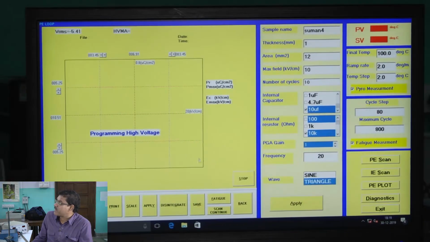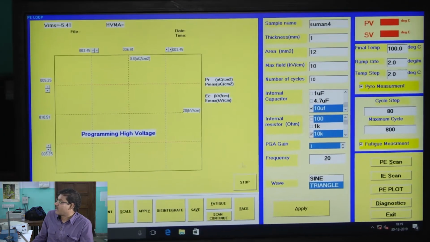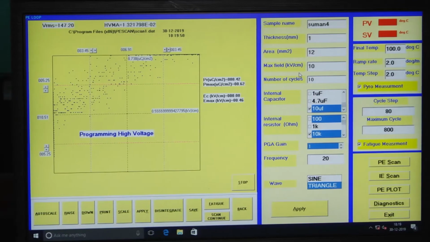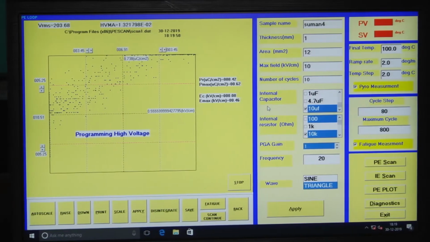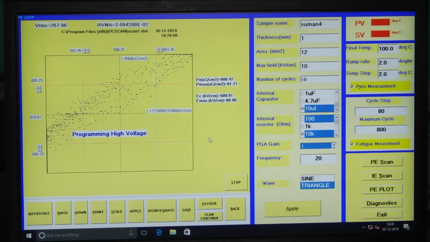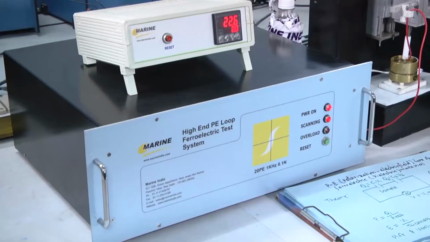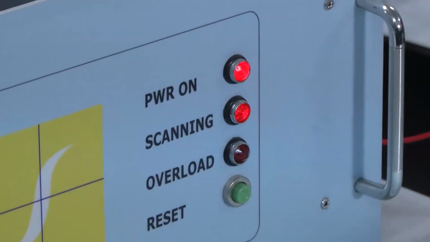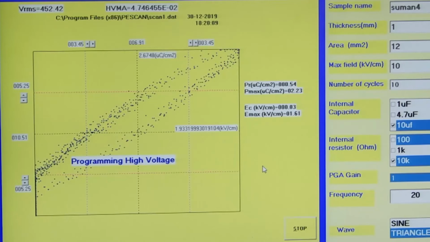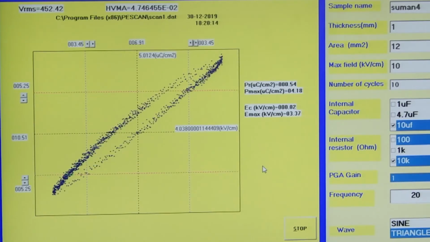I asked for the PE loop with a maximum field of 10 kilovolt per centimeter, and it will take 10 cycles and take the average. Each cycle it is basically varying the electric field. How it is varying, I told you, is how the computer programming itself calculates the electric field from the